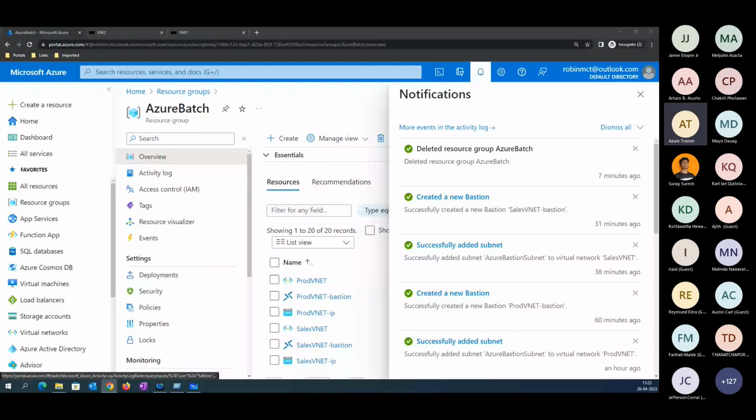I hope all are back. Yeah, so we took a break since the Bastion service was taking time. Right now on the screen, you can see how the Bastion service was enabled, and it's been deleted here.